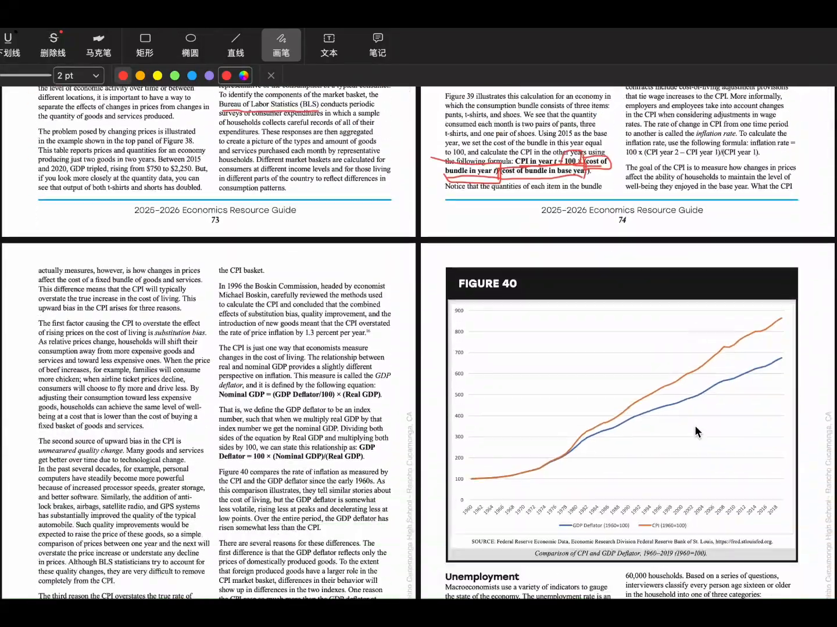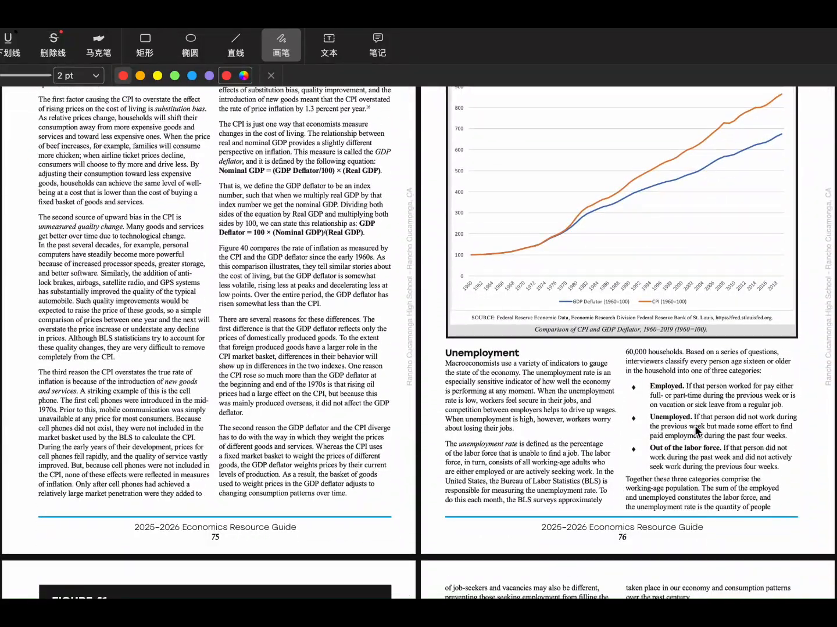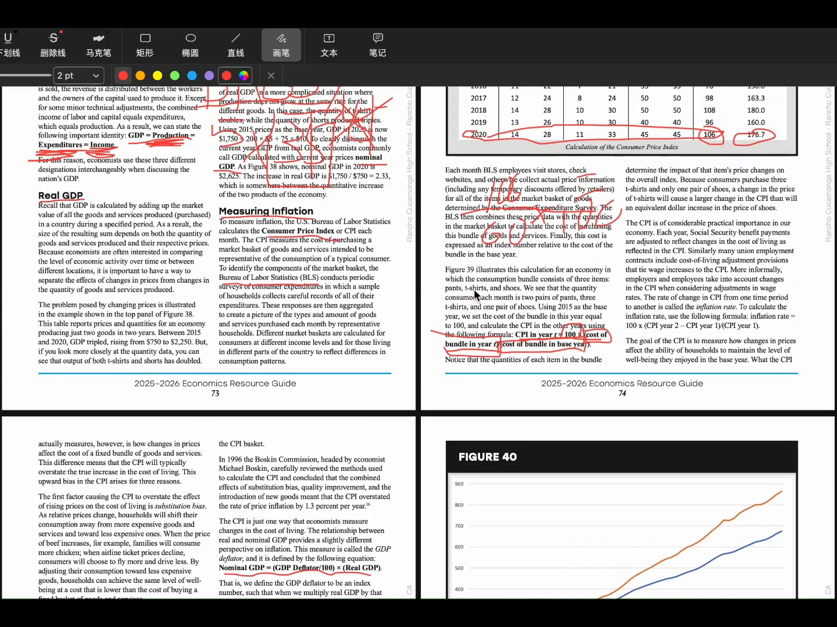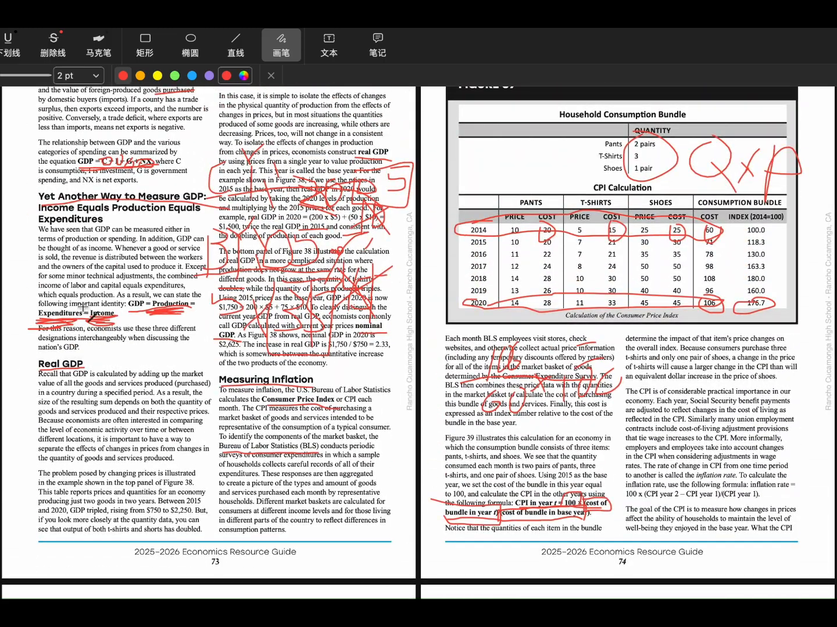Now there's actually another way that you can calculate inflation. Let's see if we can find it. Yes, over here: GDP deflator. Now GDP deflator is something that's very different from the CPI, and unlike what is over here, production equals expenditure